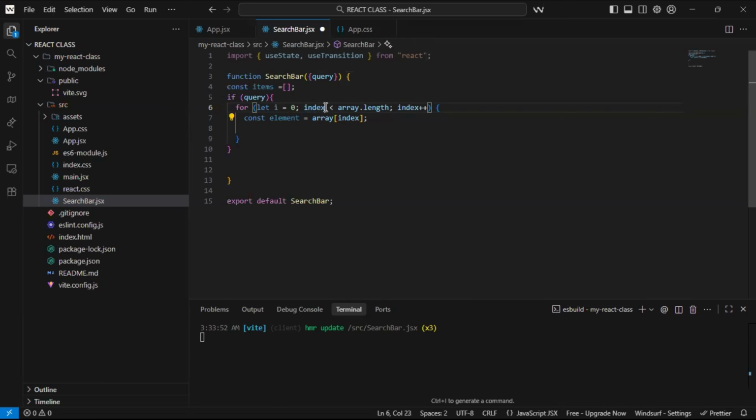So if i is less than 1,000, let i increment by 1. Then after that, we're going to remove this one and say